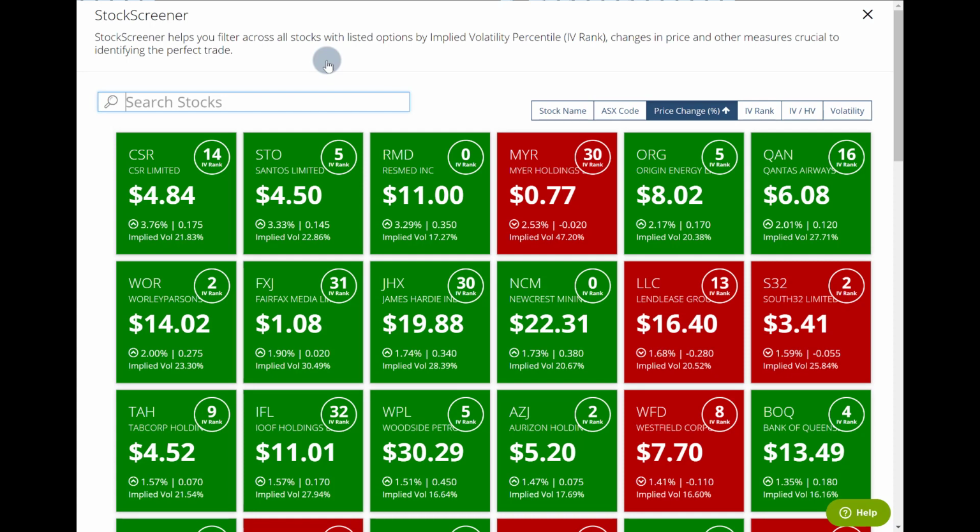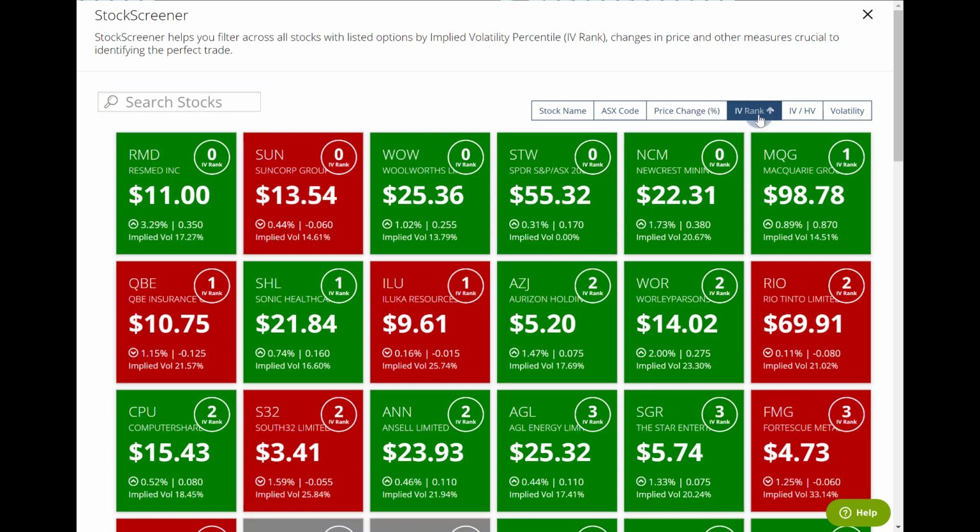When trading options and selecting strategies, it is important to understand implied volatility, which determines whether the option will be expensive or cheap. Using the stock screener, we can sort by implied volatility rank, or IV rank for short, which simply tells us whether implied volatility is high or low in a specific underlying based on the past year of implied volatility data. In this case, an IV rank of 0 means that IV is at the lowest level over